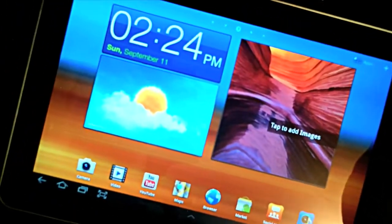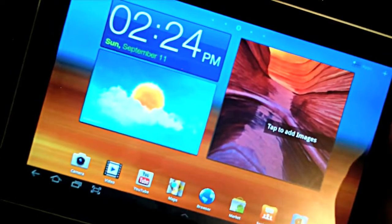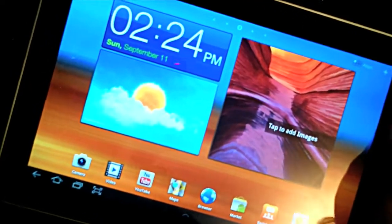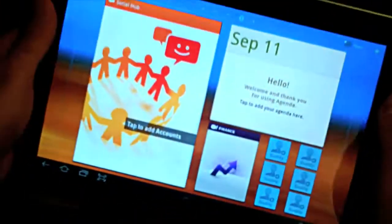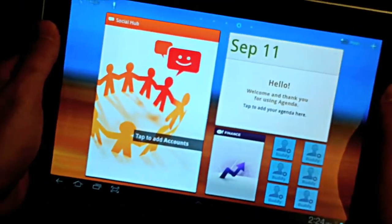And my only one query about this device right here is the thin black bezel around the screen. Now I kind of understand why Apple made it a little bit thicker. I never really liked the thick black bezel, but now I understand why they did that. It is so when you're watching movies, playing music, surfing the web, and you're holding the device like this, you're not going to get